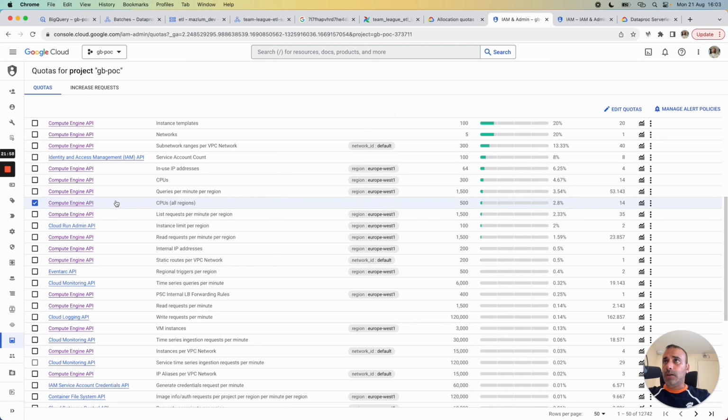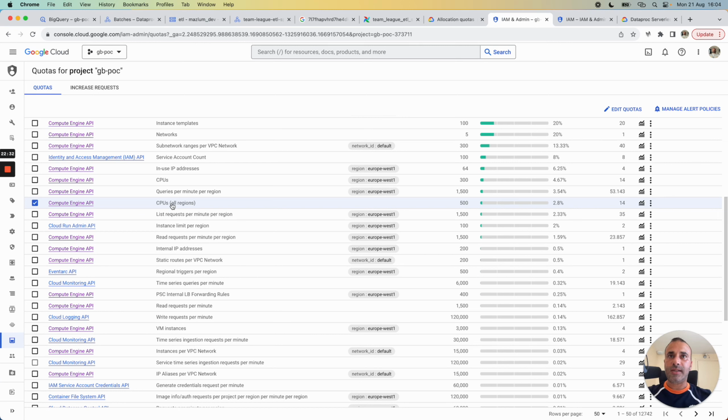Here we go to this page, quota in IAM, and we have access to some quota by default in Google Cloud. Firstly the quota here prevented me to launch the job as expected from Cloud Composer, because Apache Airflow uses Compute Engine VMs here, and it's also the case for Dataproc serverless.